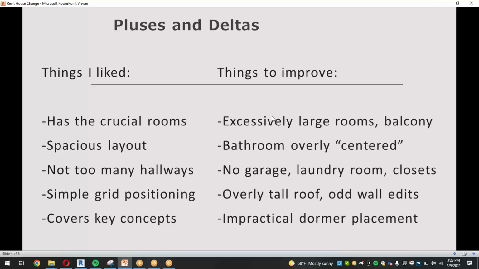I think it's a little excessive in that way, but I think that people tend to prefer a little extra space to it being too cramped. So that's something that I'll think about. I also like that it's not overflowing with hallway space. Even though sometimes you like to have a hallway to sort of tuck something around the corner, for the most part, hallway space is a little bit